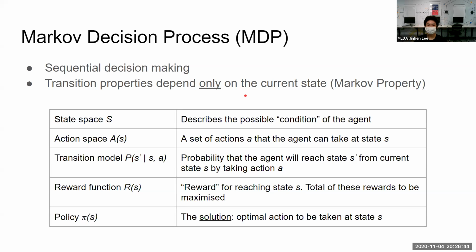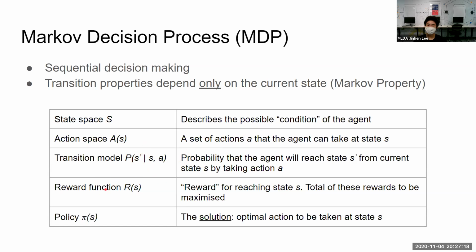Action space is the set of actions that the agent can take at any state S. If your state S is crash, you can't do anything, right? But if you're going well, then your action space may be that you can turn left, turn right, or go straight. And your transition model is a probability distribution that your agent will reach the next state, S prime, from your current state S by taking action A. So this is actually a conditional probability.